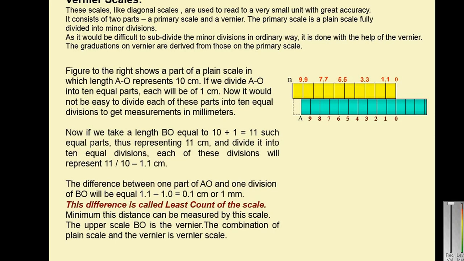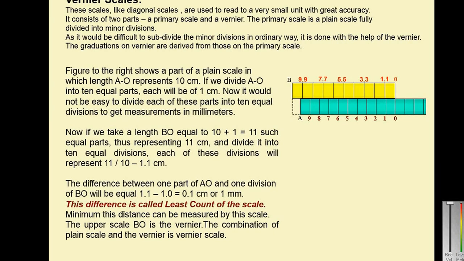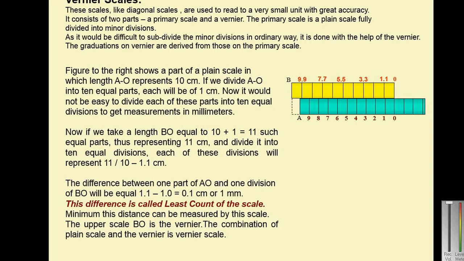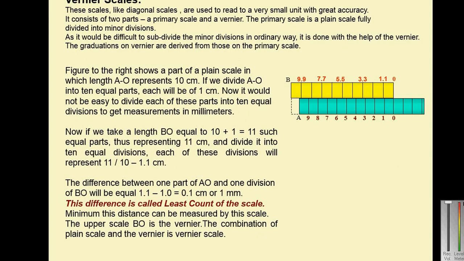So the figure shows a part of a plane scale in which you can see the length AO, which represents 10 centimeters. If we divide AO into 10 equal parts, each division will be 1 centimeter. Now it would not be easy to divide each of these parts into 10 equal divisions to get measurements in millimeters. So if we take a length BO equal to 10 plus 1, which is 11 such equal parts, representing 11 centimeters, and divide it into 10 equal divisions,